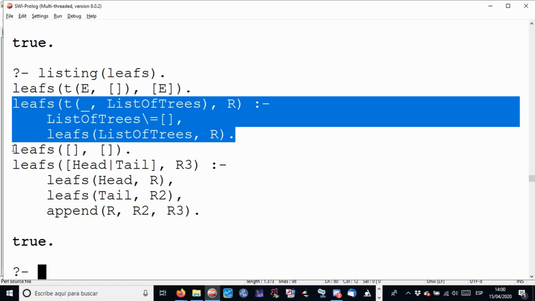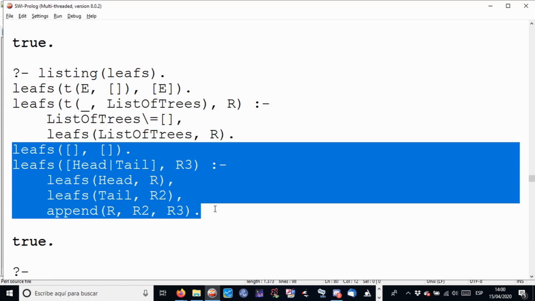And the second part is for list of trees with an empty case and head and tail. As always, we check the leaves in the head, we check the leaves in the tail, and append everything. Okay,